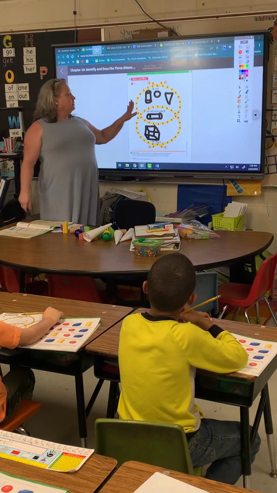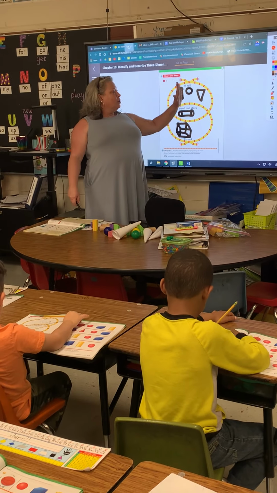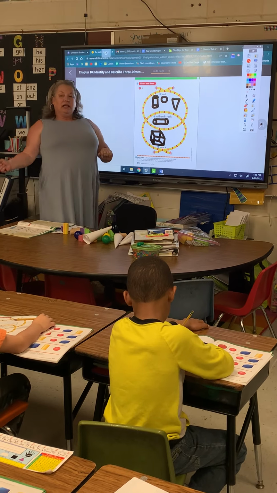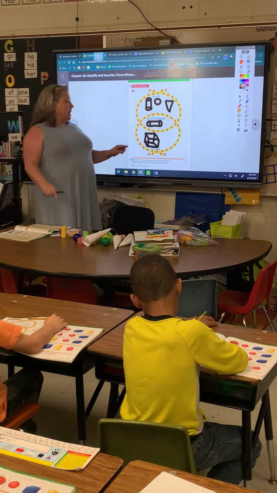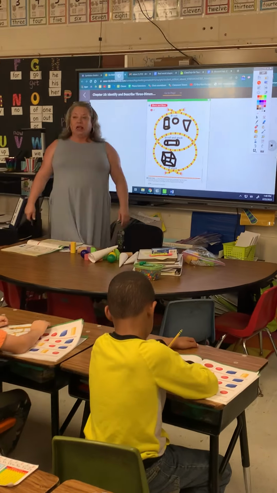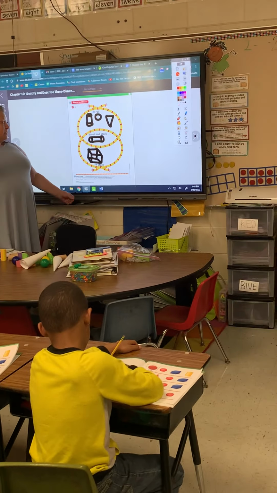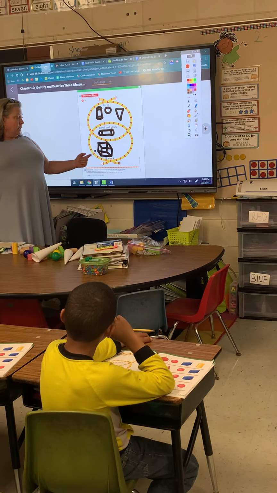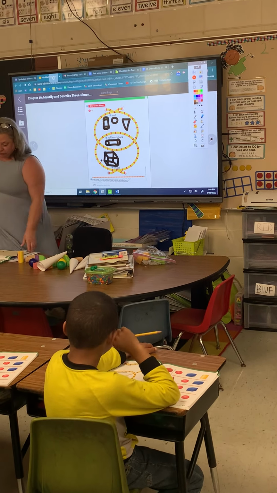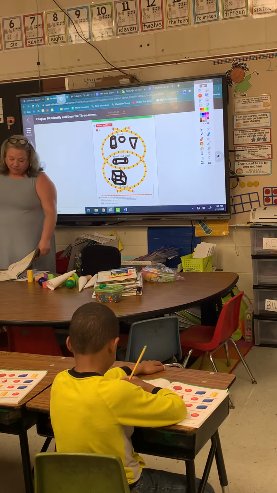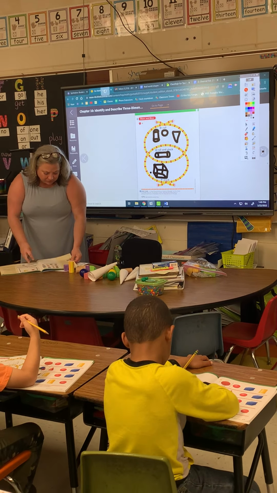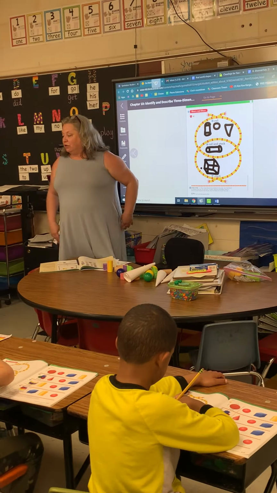So we know that a cylinder can roll, a sphere can roll, a cone can roll, and the only one that can roll and stack is a cylinder. And then the only one that can stack is a cube. All right, now we're going to turn to